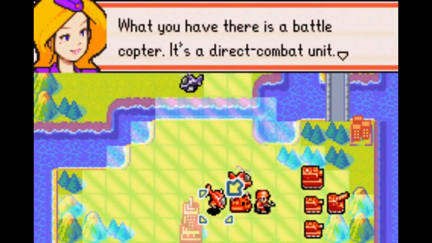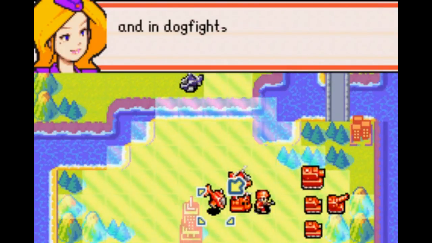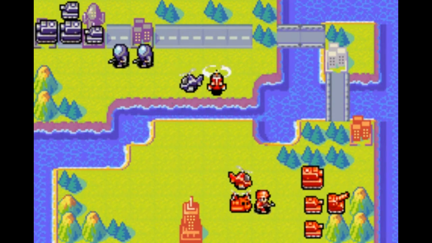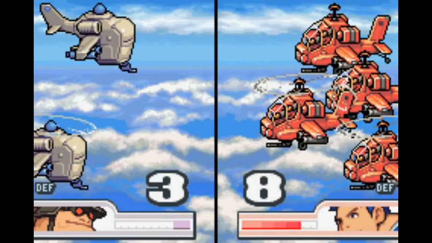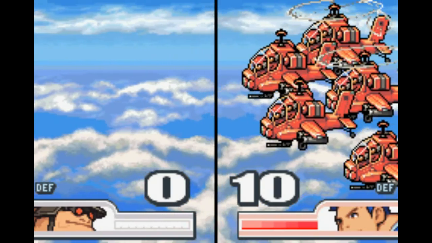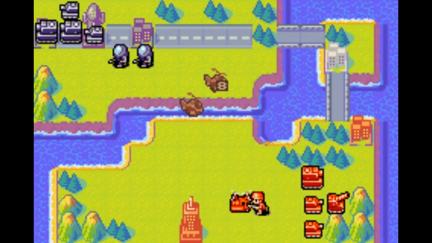In the meantime, copters are direct combat units which can fly over things at the cost of fuel. But we don't have to worry about fuel at this point in the game particularly, so we're just going to go over there and smash it. With us attacking first, that means we only take a couple of points of damage there. So now I can get this repaired, interestingly, but it should be okay anyway. Boom. And we will...